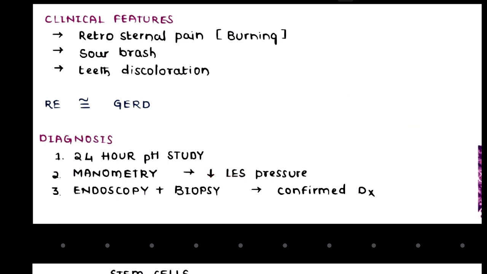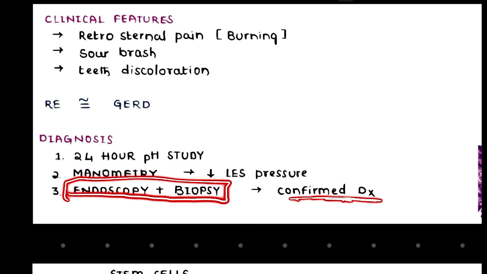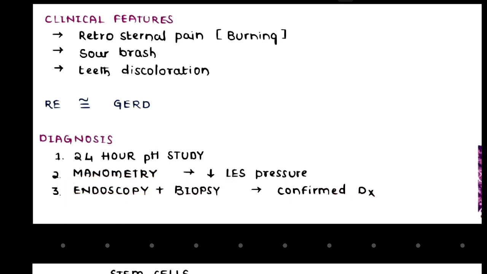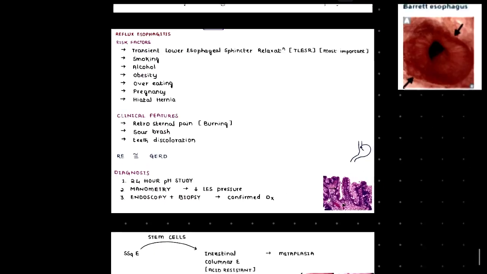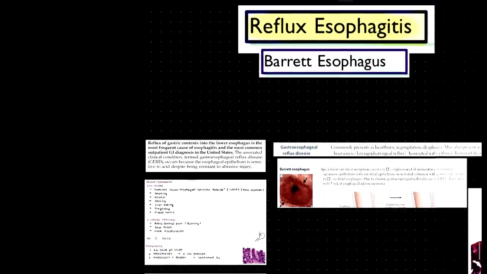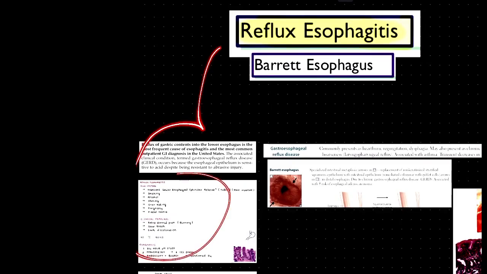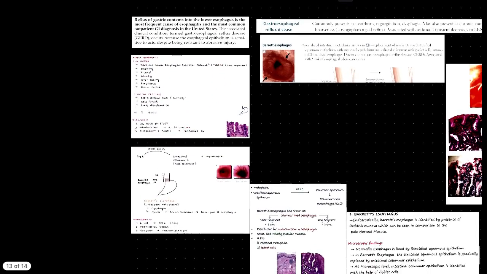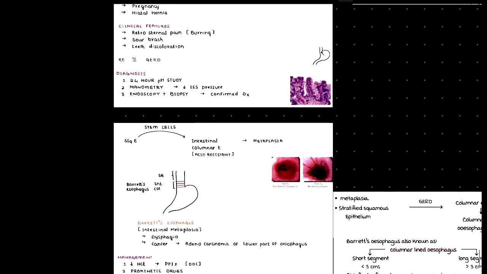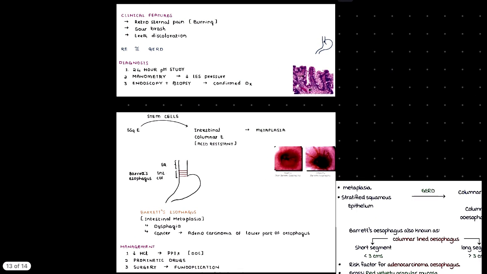Okay, and another thing that we can do is endoscopy, or we can do biopsy also, and that will be the confirmatory diagnosis test, right? Confirmatory diagnosis test. Okay, this was just a brief introduction about reflux esophagitis. Now we'll be moving into the complication because of reflux esophagitis, GERD,